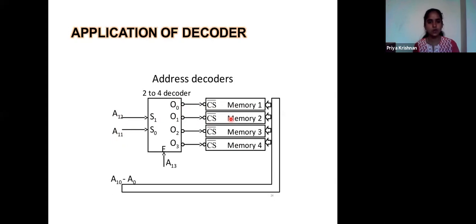So this is the application of the decoder. If you have different memory areas, you select the memory areas using the decoder. The decoder can be expanded, like 2 to 4 decoder, 3 to 8 decoder, 4 to 16 decoder, 5 to 32 decoder. Like that, you can keep expanding the size of the decoders.